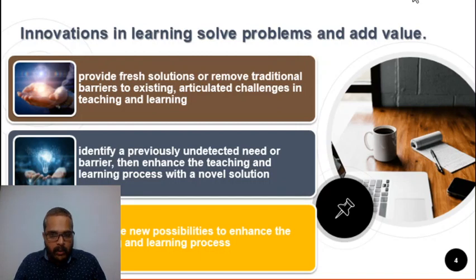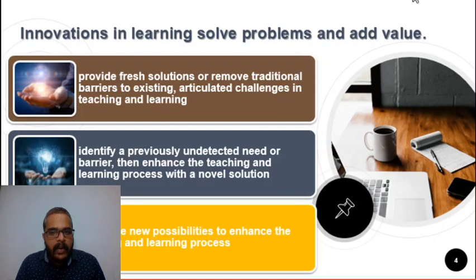So when we get into the situation, when we practice it, then we'll come to know that yes, we'll find one or the other. So basically, any innovative teaching learning method focuses on a previously undetected need or barrier.